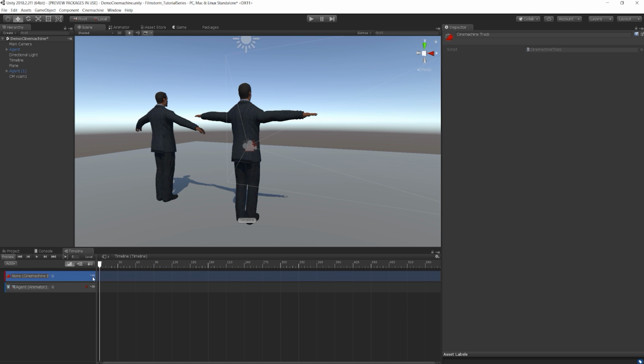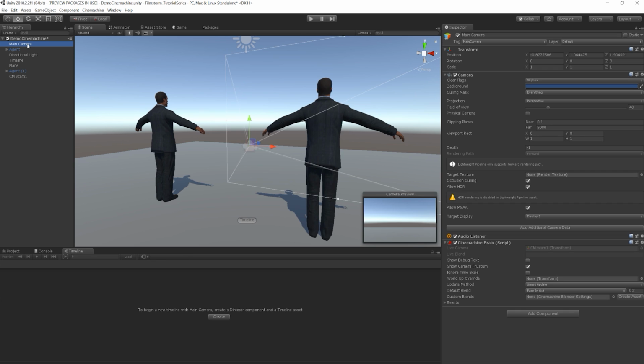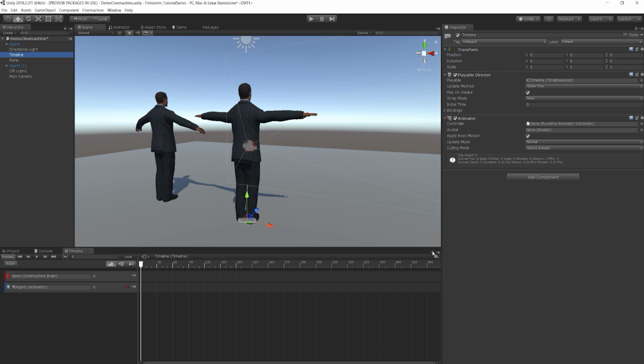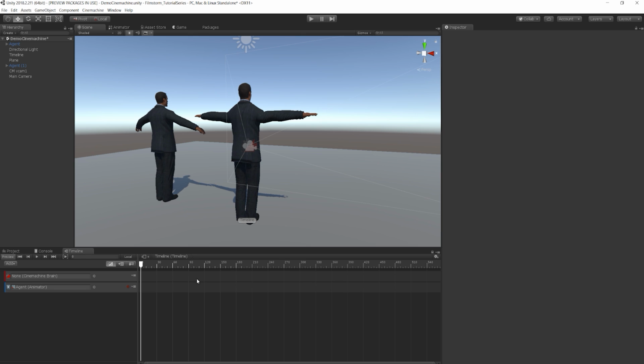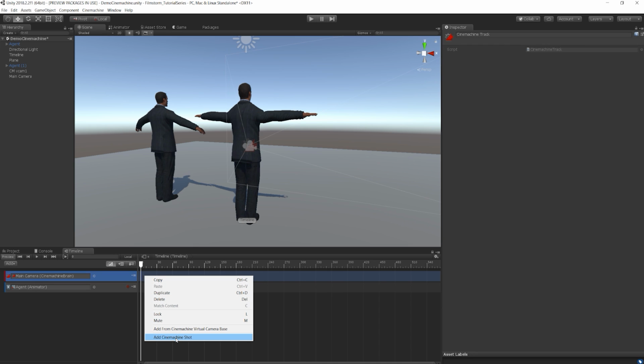So in this Cinemachine brain, if I expand this out, you can see that we have Cinemachine brain. It's looking for a brain that we created, and luckily we created it on this main camera. So let's just drag this down. We can actually lock this, so if you click this little lock here, and then you click anywhere else on the screen, it will actually hold that there. Let's drag the main camera down, and as you can see, it's grabbed that brain that was on that camera and it's linked it up correctly. So that's cool. So now we can actually right mouse click and add a Cinemachine shot,